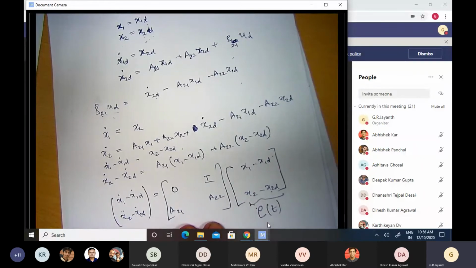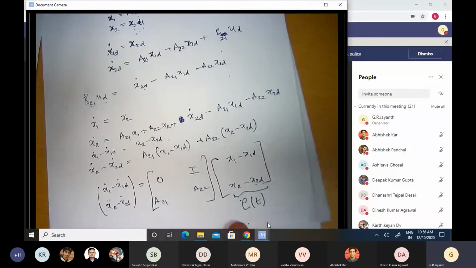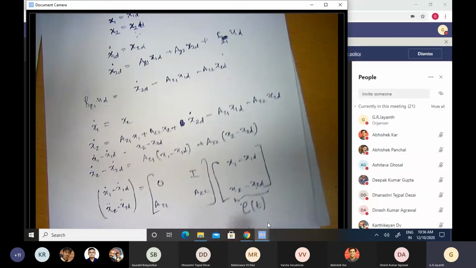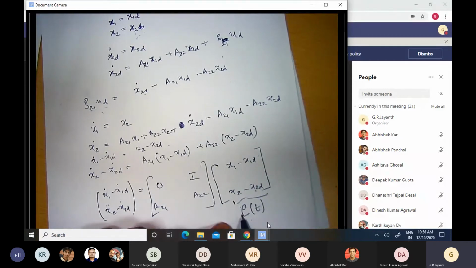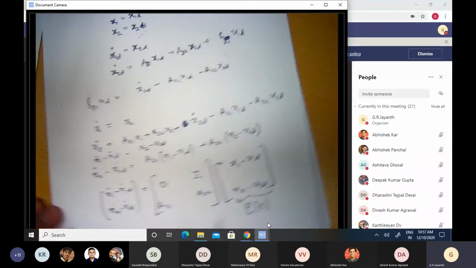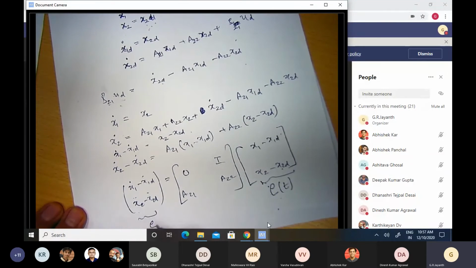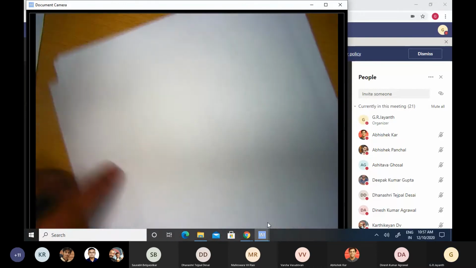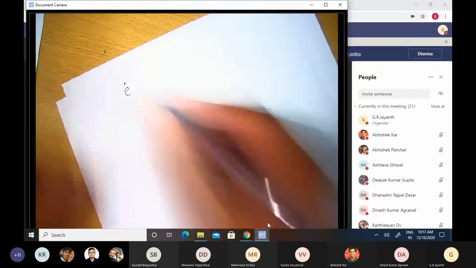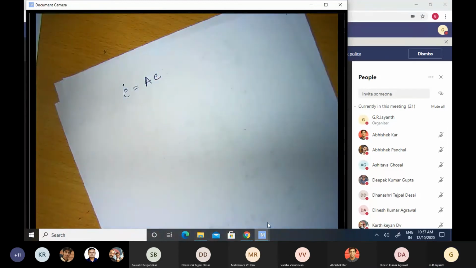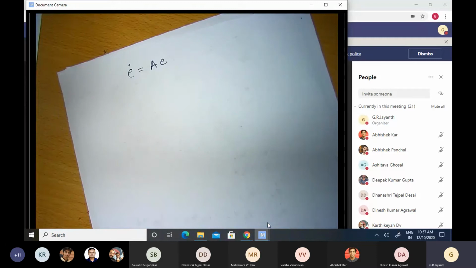Any questions about this? So this error vector has in it two components. One is error in positioning, the other is error in velocity. Okay, so the two put together give me the error in the state vector E of t. Any questions about this? Okay, so what is the error dynamics then? On the right hand side, I have the rate of change of that error, E dot. And we see here that the rate of change of the error is given by E dot is equal to A times E. Okay. Any questions about this?